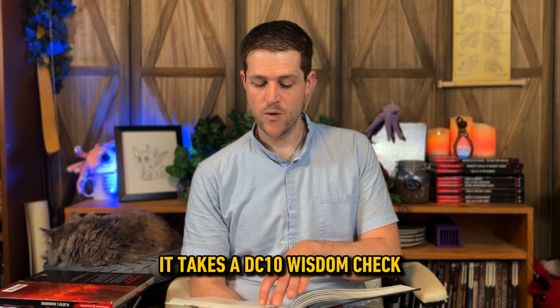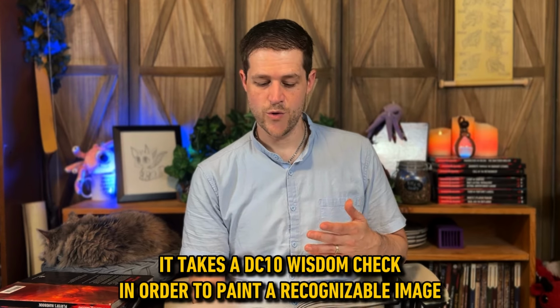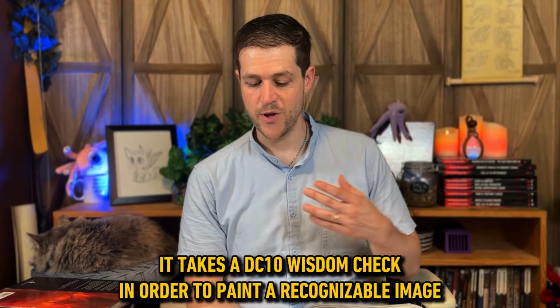This is actually really impactful, and this is one place where we get a ton of useful advice and options for players to be able to suggest things, for DMs to be able to parse through when deciding on what kind of actions are possible and what could be done. For instance, just knowing that it takes a DC 10 Wisdom check in order to paint a recognizable image of something that you've seen using painter's